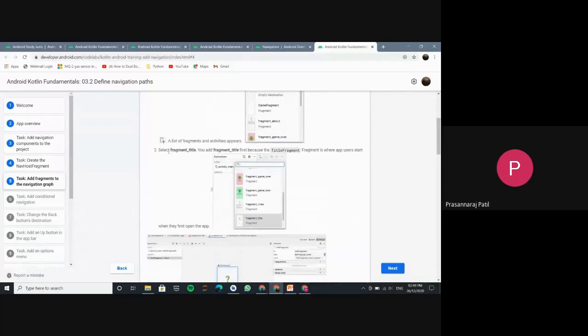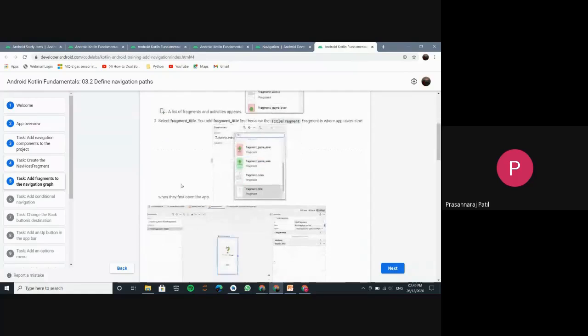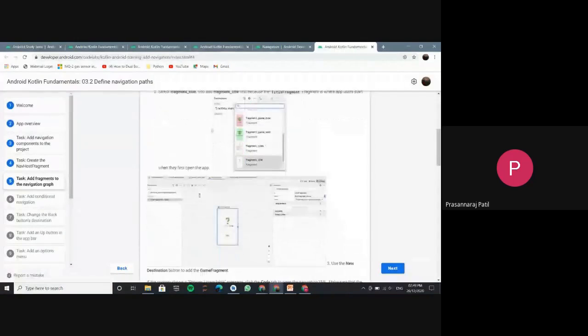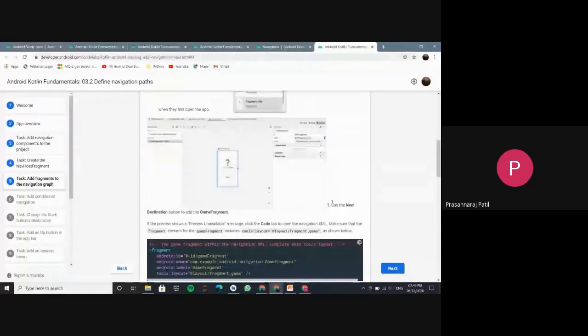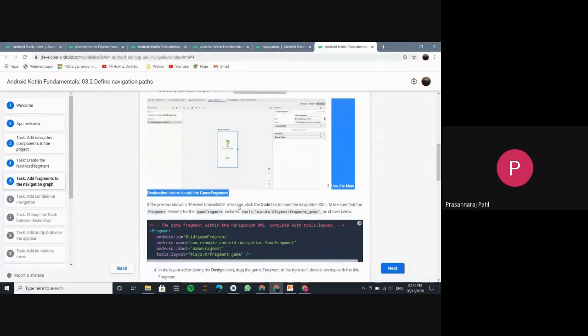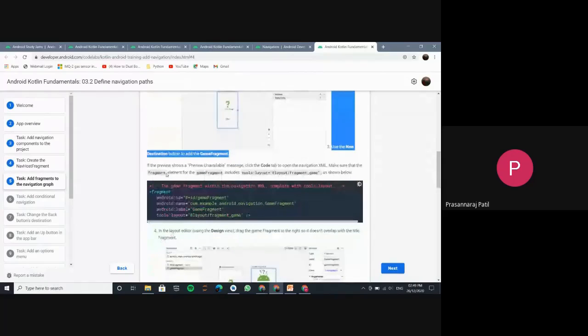Okay, first select fragment title. You add fragment title first because the fragment title is where app users start when they open the app. Use the new destination button to add game fragment. Okay, fine. If the previous destination button is added,